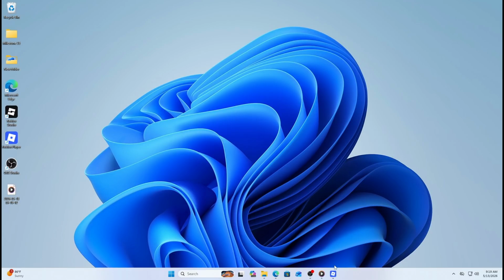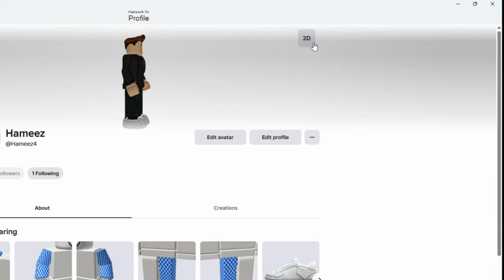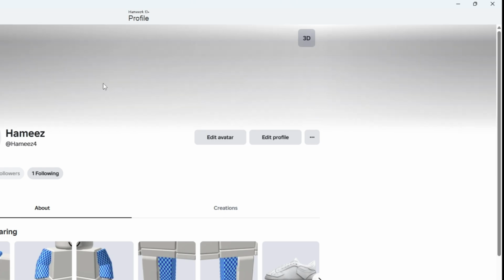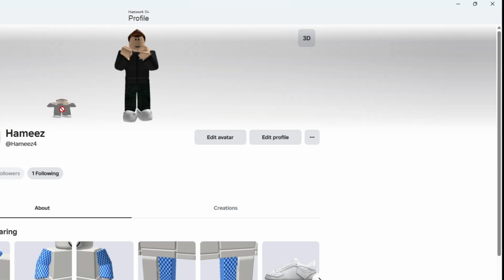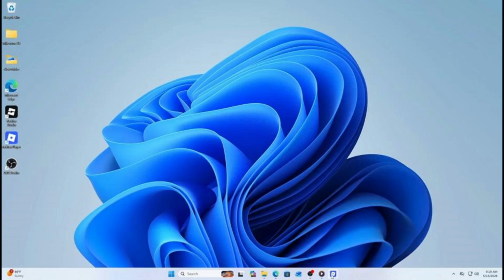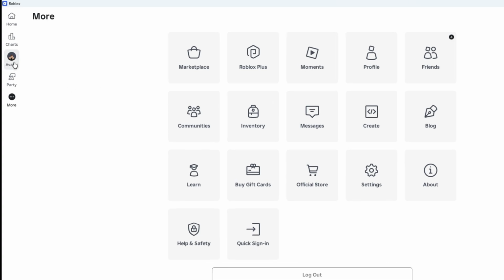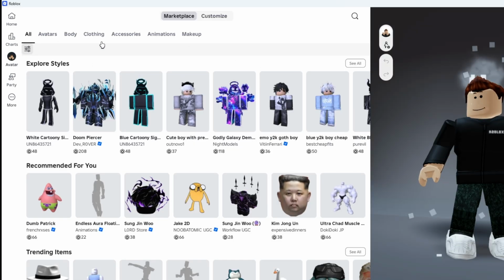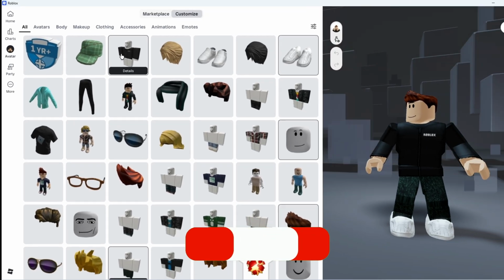simple steps. First, remove any 3D layered clothing from your avatar, as these items often cause the error when Roblox tries to load your outfit. Next, try using the Roblox mobile app to update your avatar, since it works more reliably than the website in many cases. Then, go to the avatar editor and click the Redraw option under your avatar image to refresh and